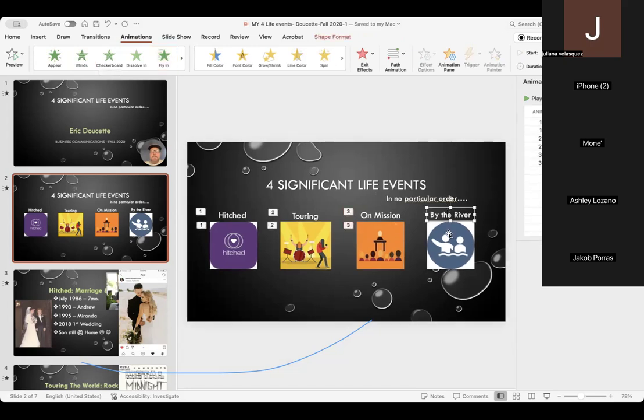And then the last one. Now you don't want to do too many. I'm just showing you that there's options. And then we'll do stripes. Okay. So now all of them are animated, and you can tell because there's numbers next to them and there's